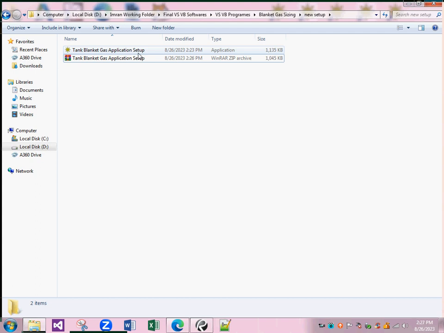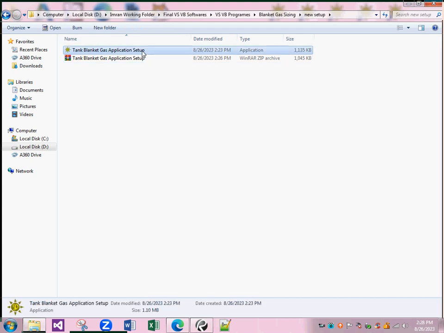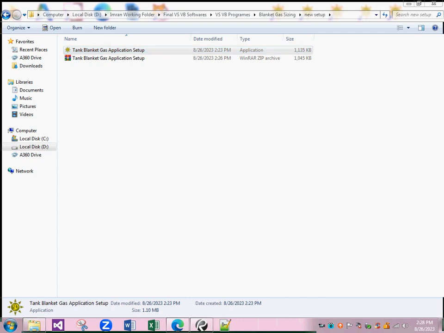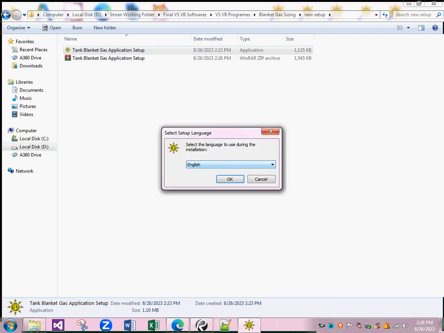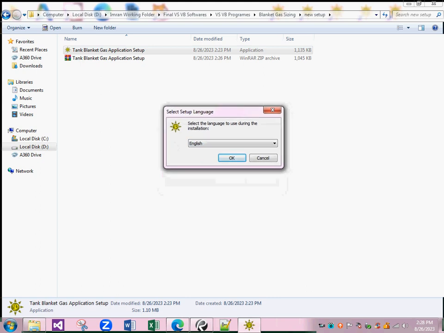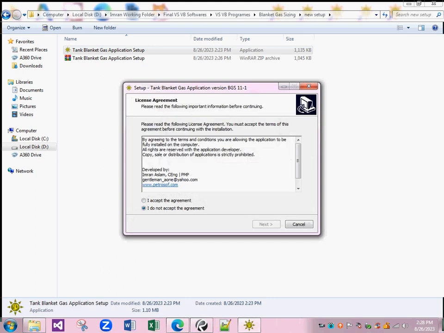If you have already downloaded the setup file from my website www.petrosoft.com, then you can simply double click on the setup file. The application installation utility will be launched on your computer. From the language setup, you can select the appropriate language and then press the OK button. It will take you to the next license agreement page where you can accept the agreement option and then press